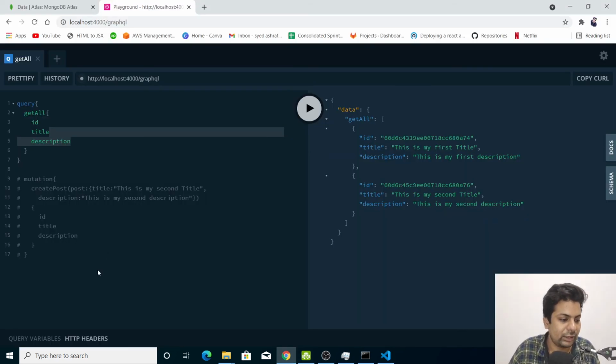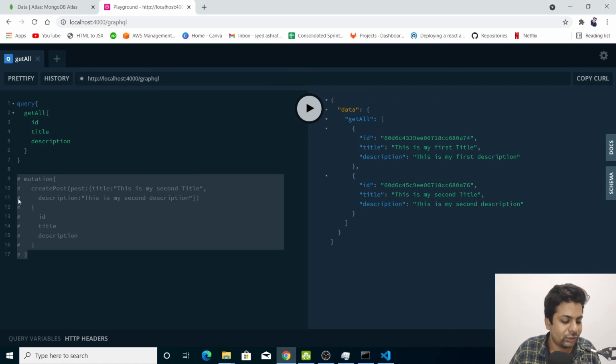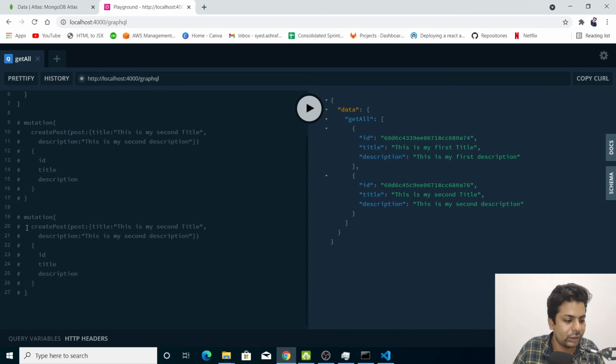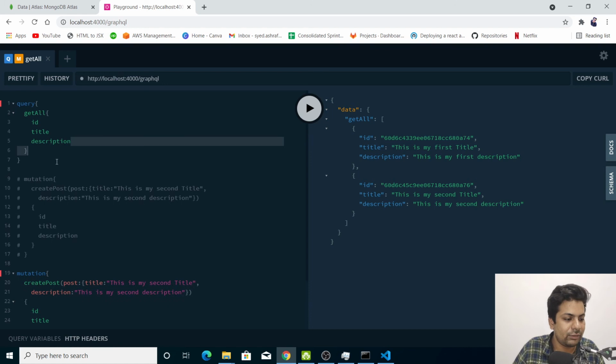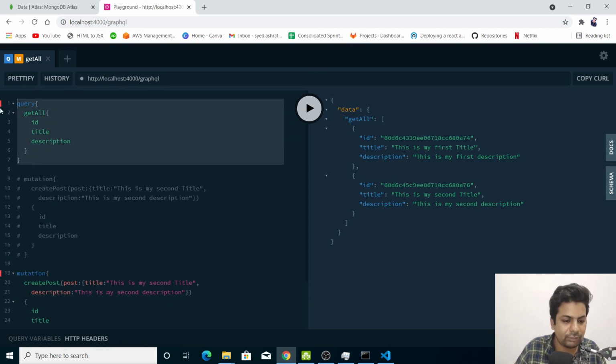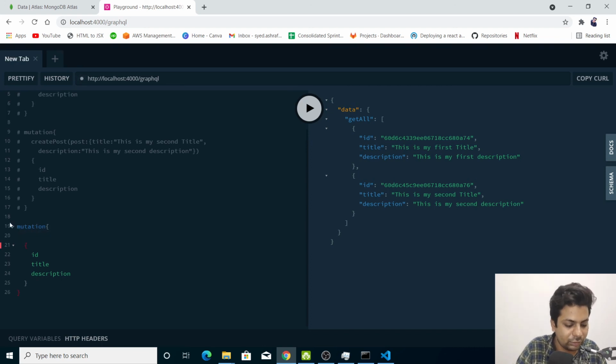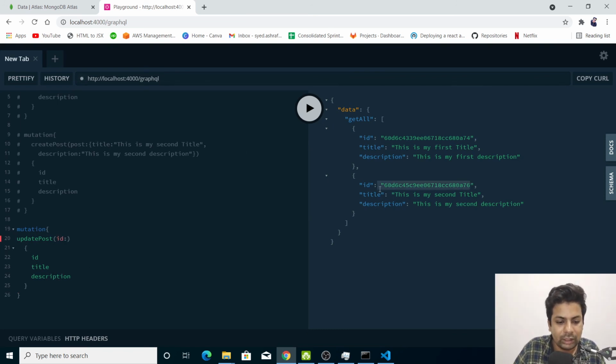So we'll just get here, copy something like this, paste it, and here we'll see, and we have to edit. Now let me just remove this. So we'll say update post, and here we'll give the id. What our id is, suppose I want to update the second post.